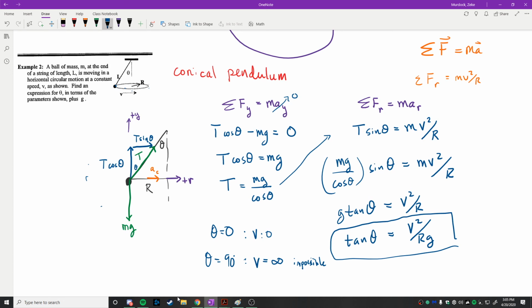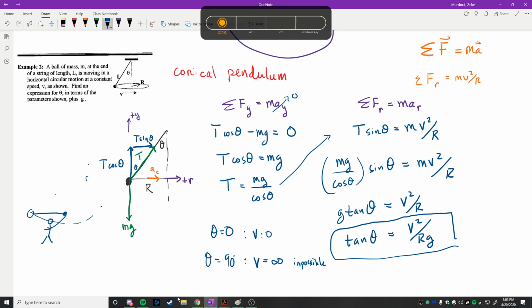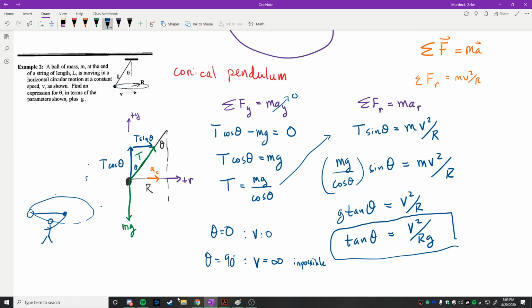It's impossible to swing an object in a circle like this. You can try it yourself, with the angle being exactly 90 degrees. Suppose that you take a ball on a string, and you try to make it so that the ball is level with the ground and moves around in a circle that's completely horizontal. What we just proved is that's impossible. It's 100% impossible to do that, unless you can move it with an infinite speed, which is obviously impossible. So it's always going to be the case that there's a tiny angle,